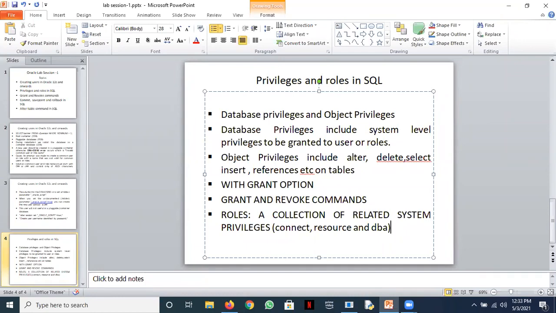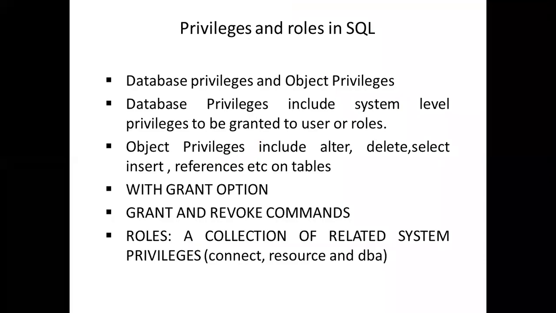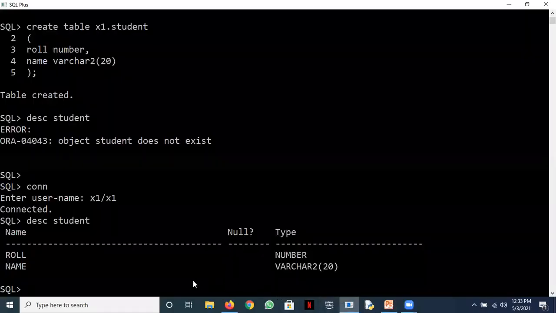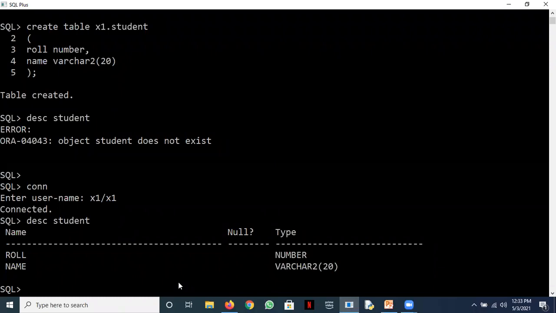Okay. Now let's discuss about. Okay, we don't have anything here. Yeah, did we see the with grant option? I think it's clear to all of you. But if you wish, we can work with that. But then we need to create another user for it. Okay, we can create another user. Let's see. Say we create a user y1. Let's go back where we can find a create user statement.